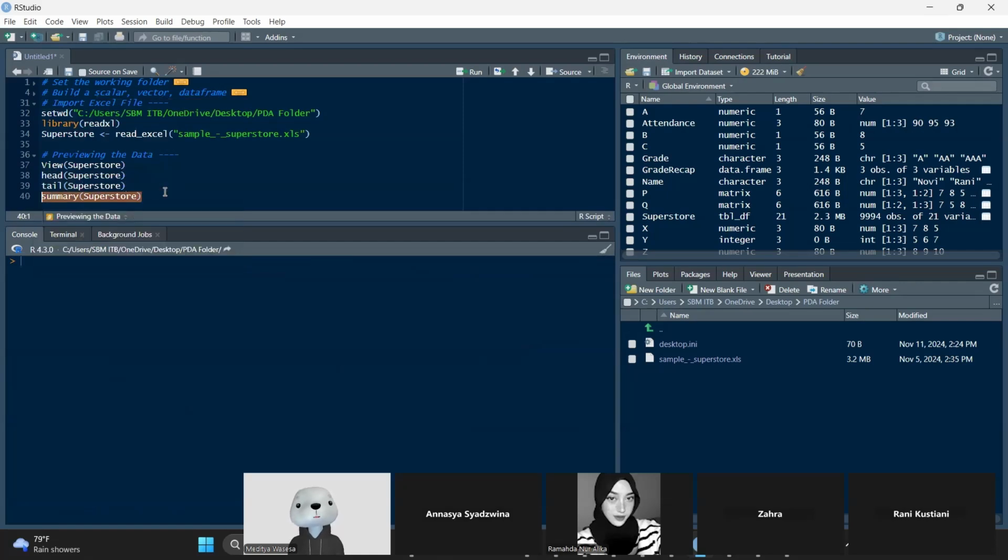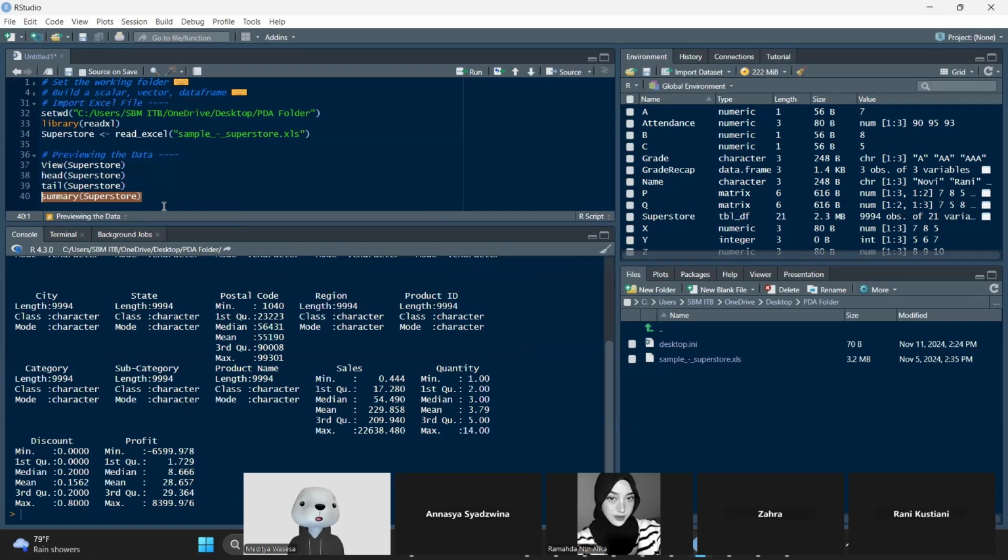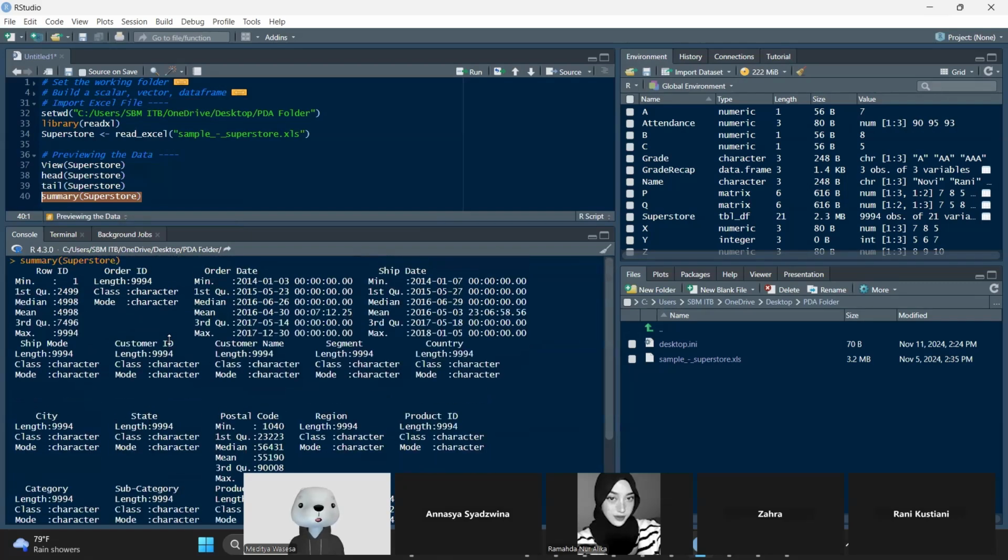If I run it, you can see for each column the minimum value, the maximum value, the median, the mean, the quartiles. Order date, minimum, maximum, and so on. So that's for viewing the data.